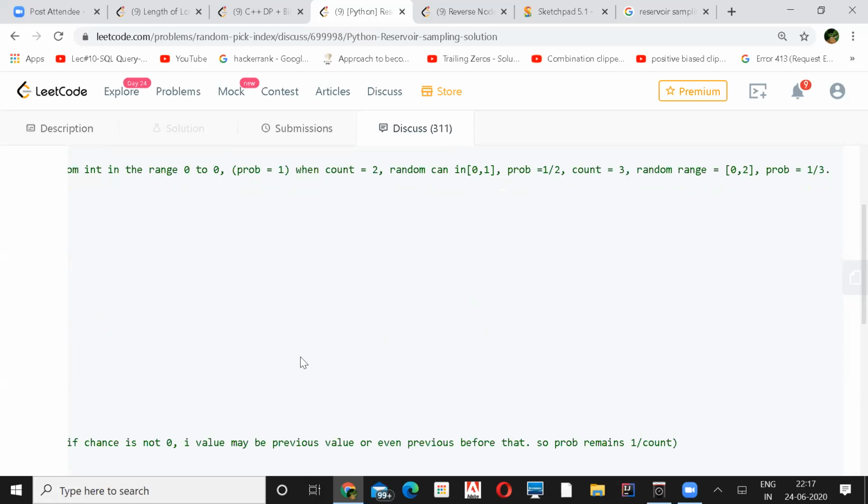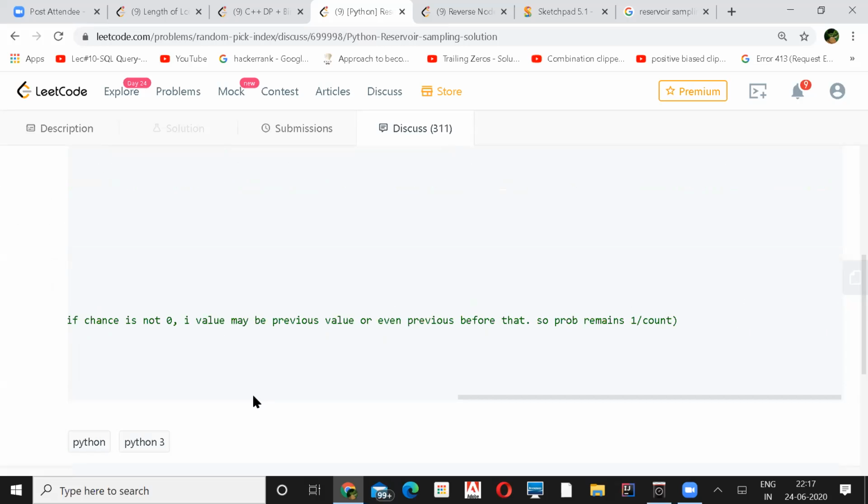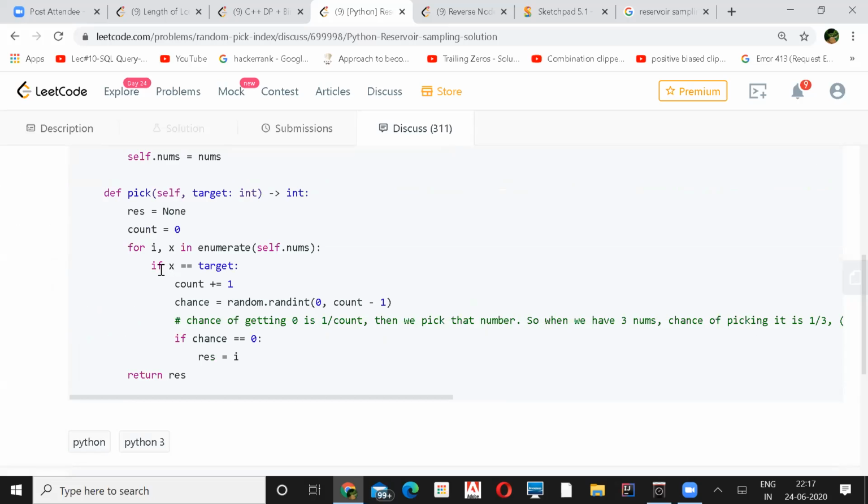What they are doing in the code is the same thing. As and when you find the target, the first time I found the target, the count increases by 1, second time 2, then 3. For that count you generate the random number and just return whatever chance you get. If your chance is 0, that means it's the first time you have seen it, so it will return this one.